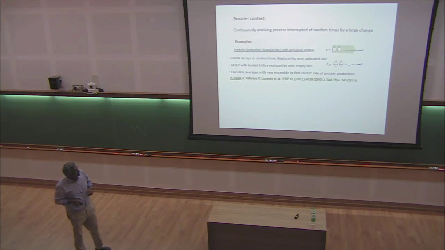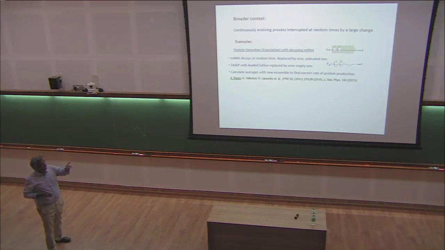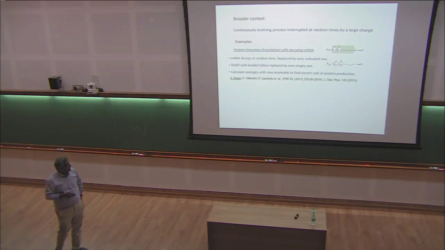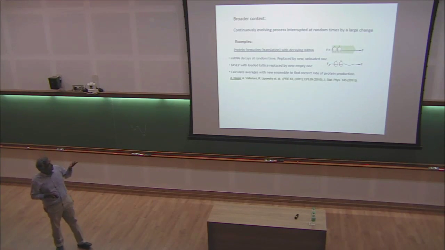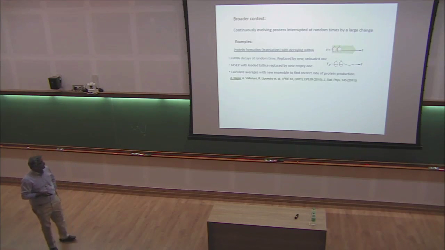And then what can happen is that even as this process is going on, suddenly the mRNA can decay and a new one takes its place. So it's the whole process itself, the mRNA itself is a dynamic thing. And then you can ask the question, what happens in this case? And this can be thought of as a process of resetting in which a lattice with a finite density is suddenly reset to a state which is zero density.